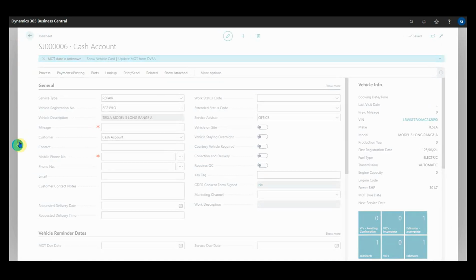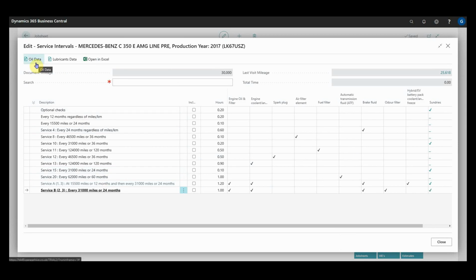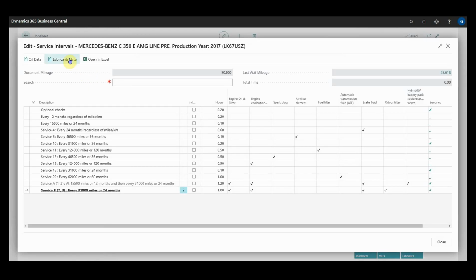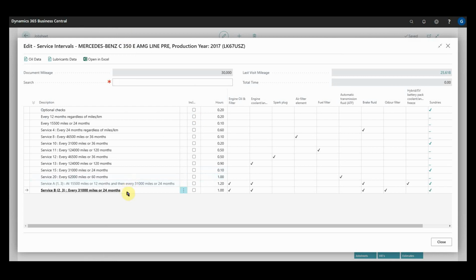So if we go back to the first job, at the top here you'll have also noticed we have the Autodata oil and lubricants lookups. If you haven't seen what those do before, it gives me the 7 litres of oil, we've got the tightening torques and the specifications, and under lubricants we get the brake fluid, the transmission oils, cooling systems, differentials, etc. So if I select this B service and click close,